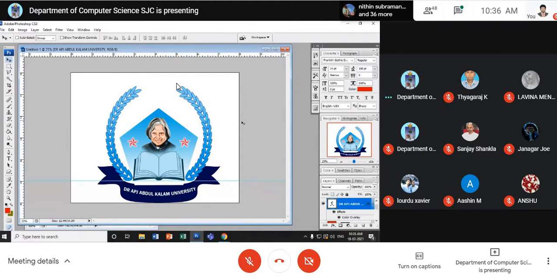So I kept it. You can even keep two stars here if you want, at the bottom also. You can keep it like this. Am I clear to you? So the logo is completed. Now maybe you can put some letters here. Maybe dreams or something like that. Abdul Kalam quotation, you can put it here. Since 1984, something like that, you can put it at the bottom or anywhere you can keep it.